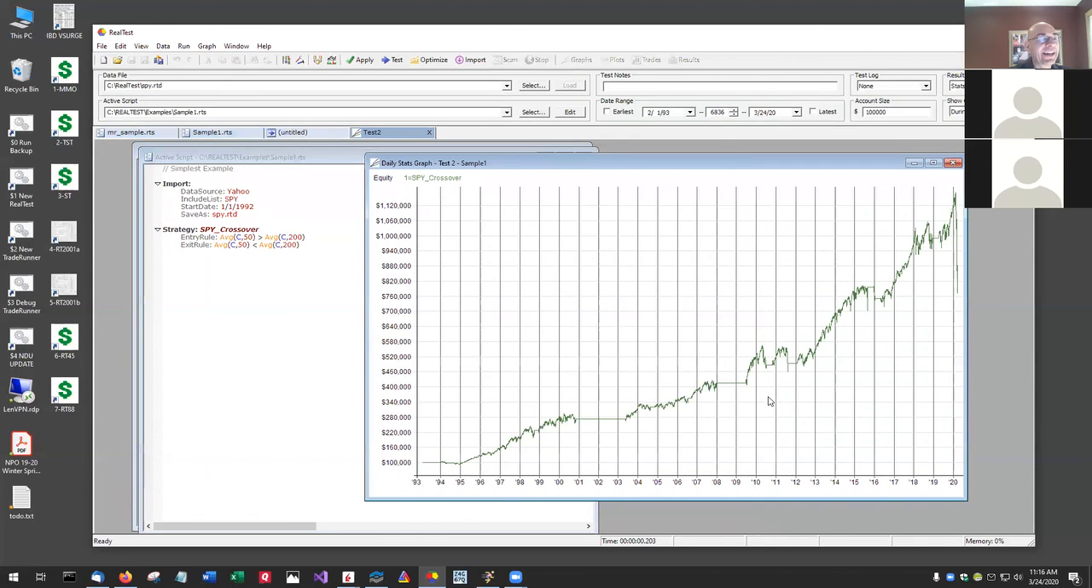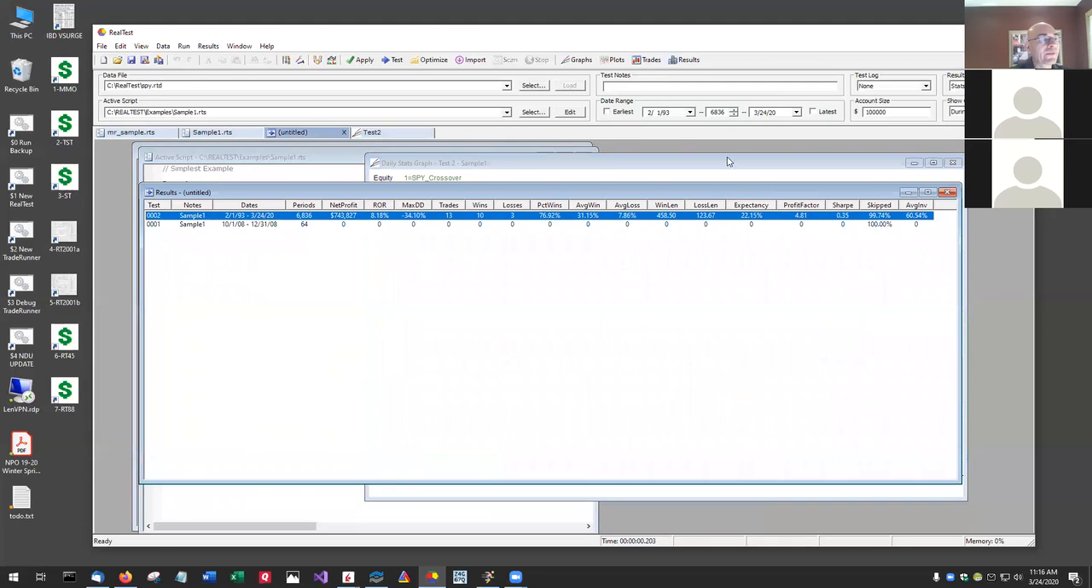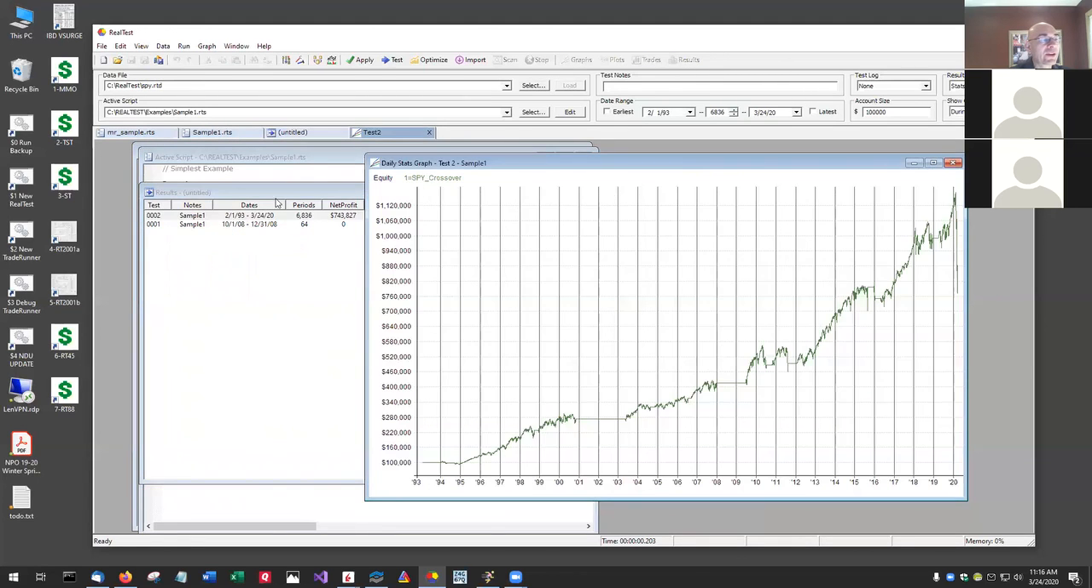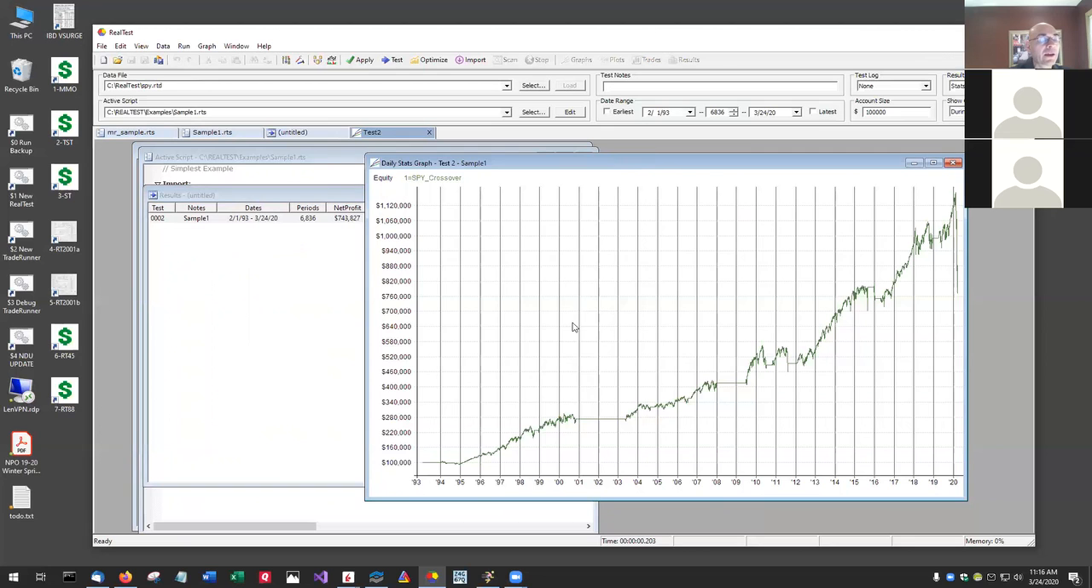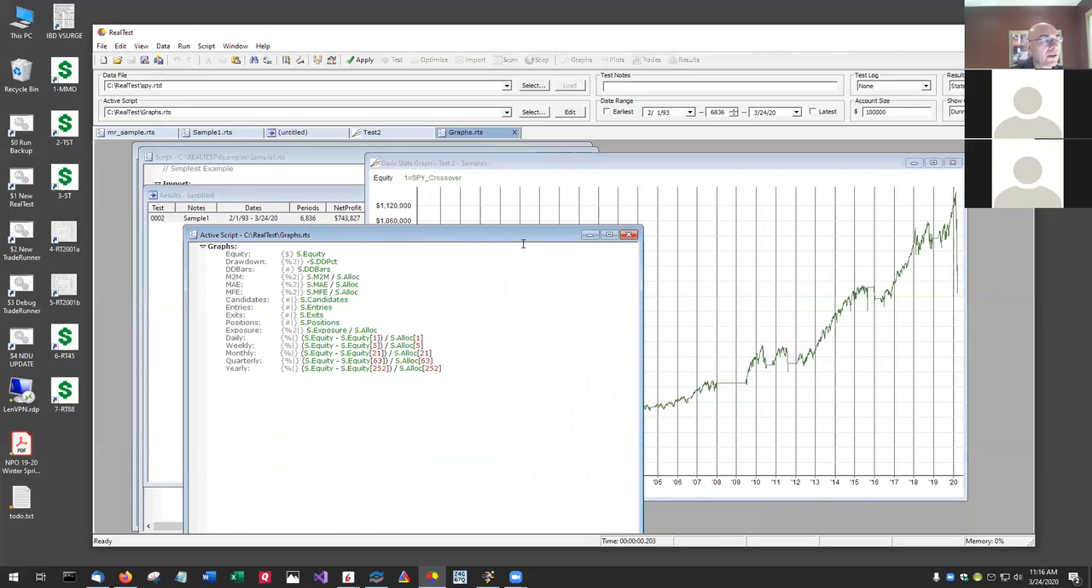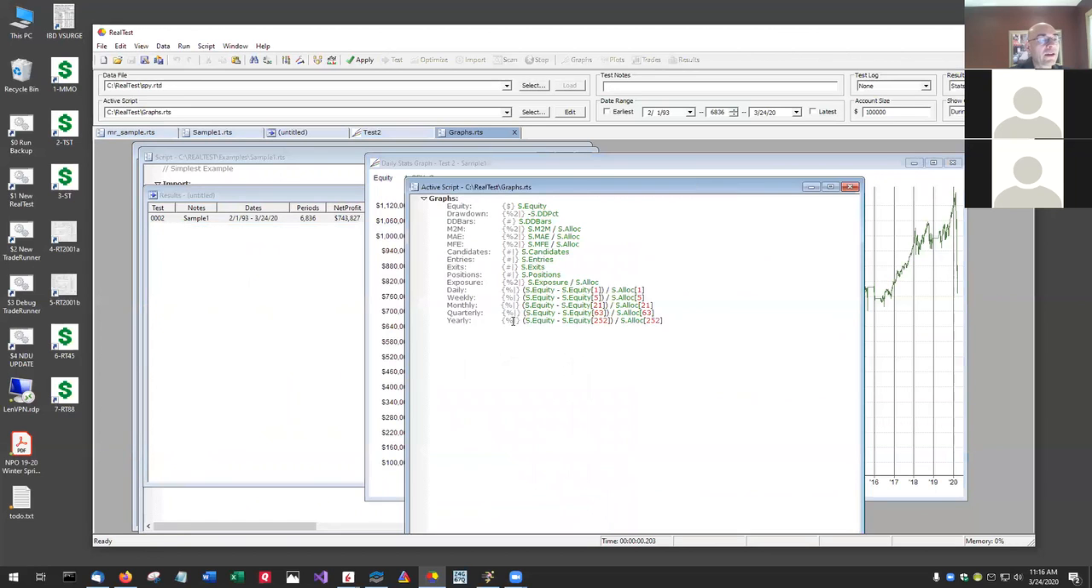Now, the way I do test results, when you run a test, the results end up in this results window, which is like the summary stats. And then you've got a graphs window where you can loop through all the different graphs. And this is all completely customizable. If I hit F9, there are all the graphs that are available, and you can define them any way you want, add them any way you want. I have all these primitives,